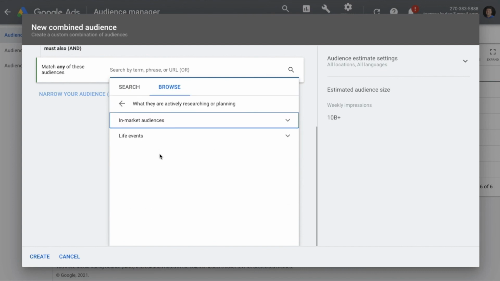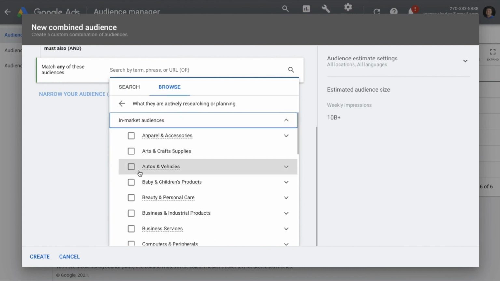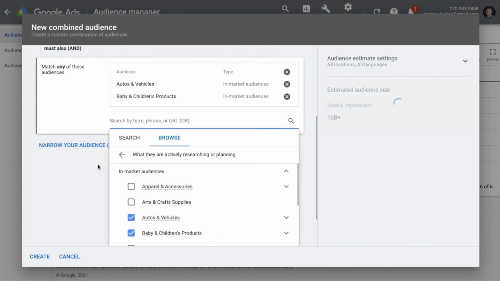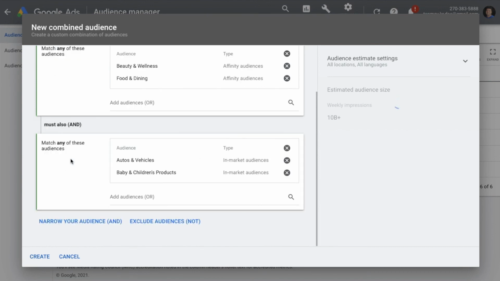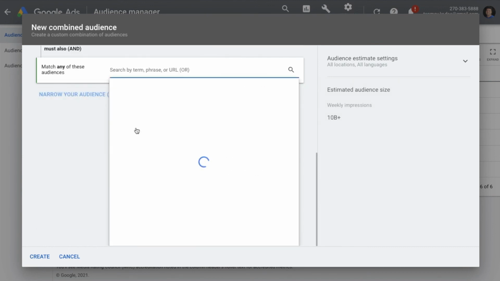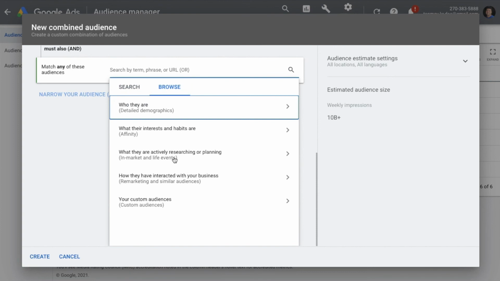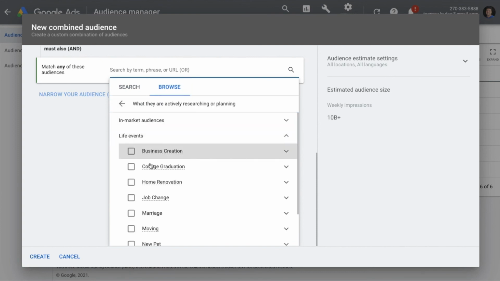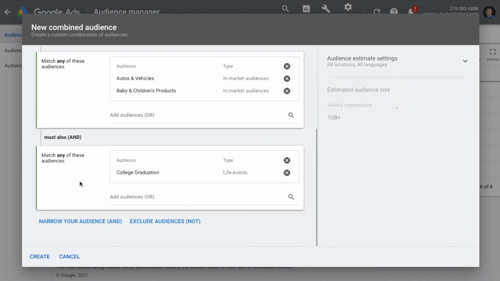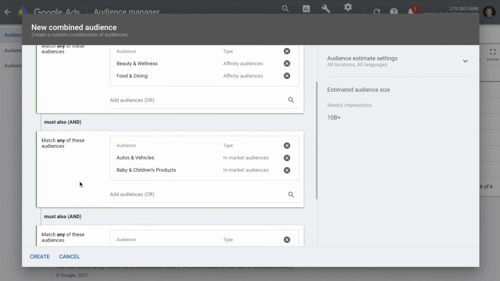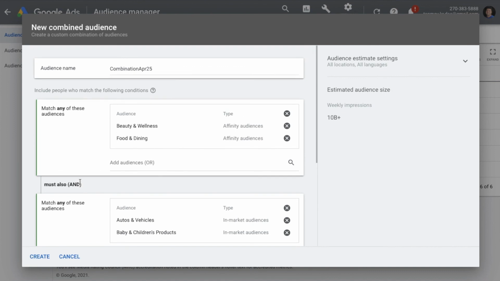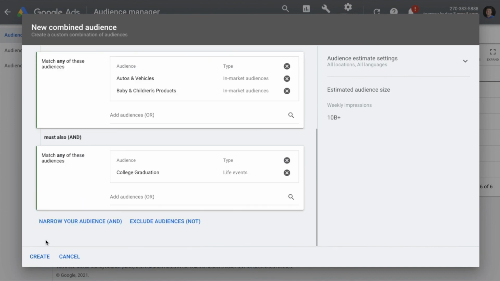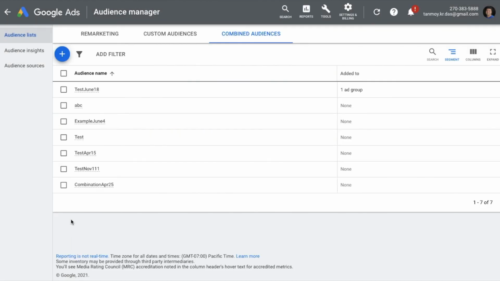So I can go to in-market audiences in this particular manner. And then I also want to add, let's say, along with this, live events. So now you can see there are 3 combinations created out here, and this will be the target audience which you would be targeting with your ads, and you can create this.